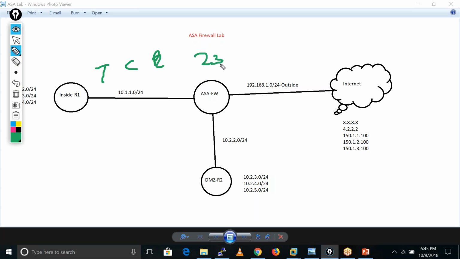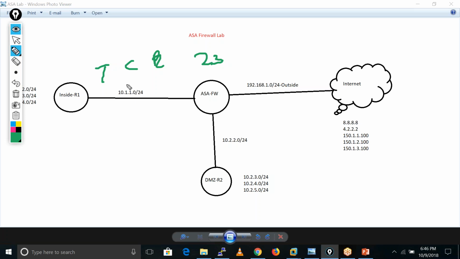Also, one more thing: telnet is not a secure protocol. If this user sends any commands to the ASA after getting access by using telnet services, that data goes in clear form. There is no encryption, so anyone can launch any kind of attack there and can see the actual content inside this session.